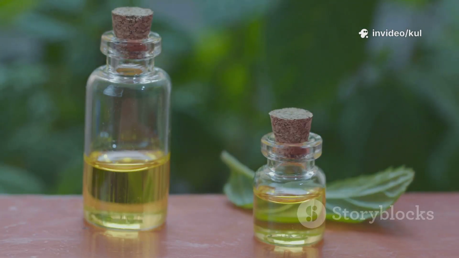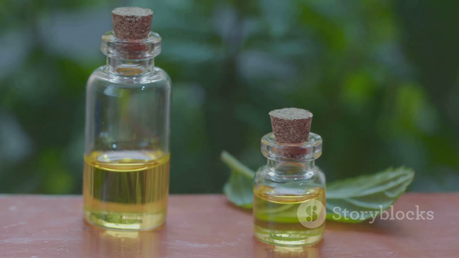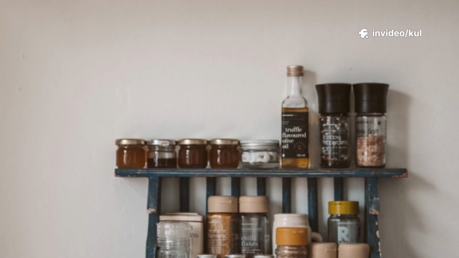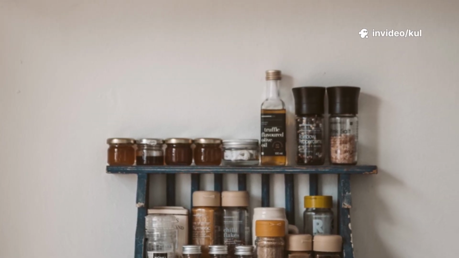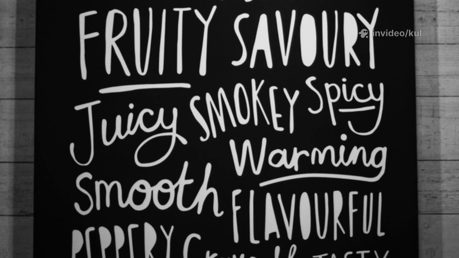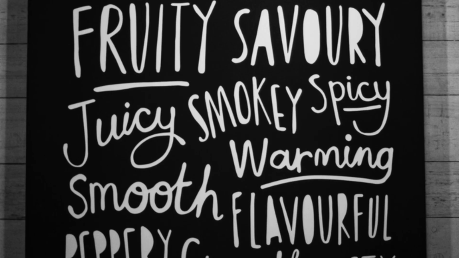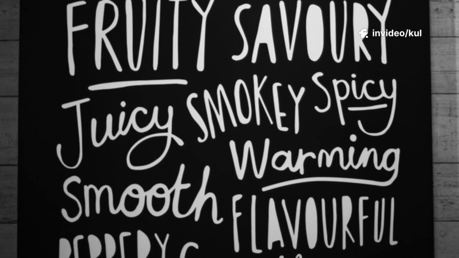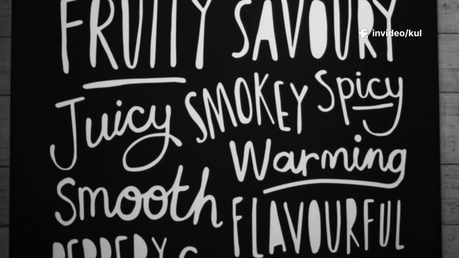Examples: vanillin used for vanilla flavor, ethyl butyrate for pineapple flavor, artificial strawberry flavor used in candies. Advantages: cost-effective, stable during storage, consistent quality. Artificial flavors must follow safety regulations set by authorities such as FSSAI, Codex Alimentarius, and FDA. Only approved compounds within permissible limits can be used in foods.